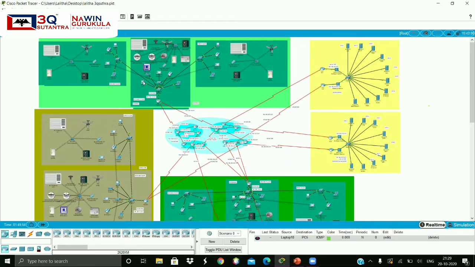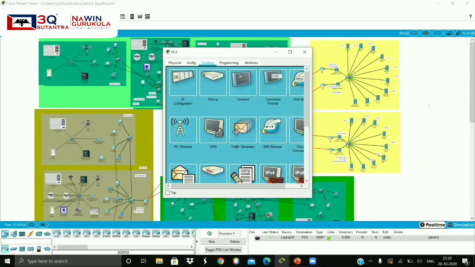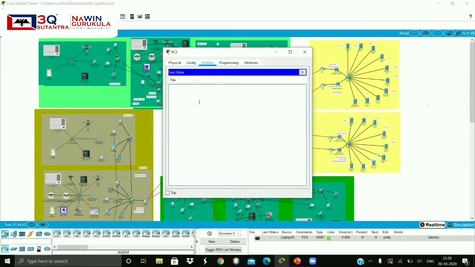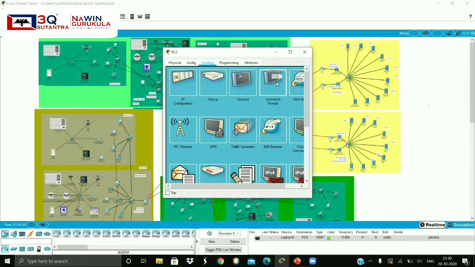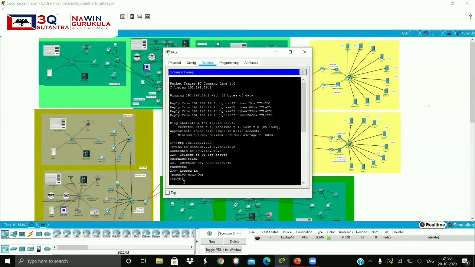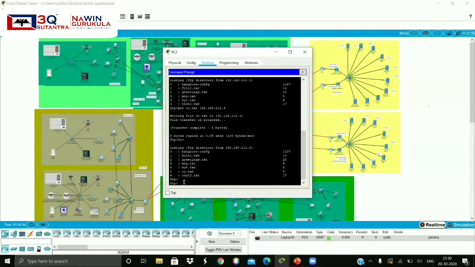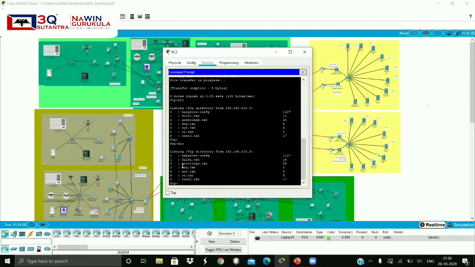Here we can create some file and save that file here. And you can go to the command prompt and check it with dir. As you see here, the file which I created is not present.